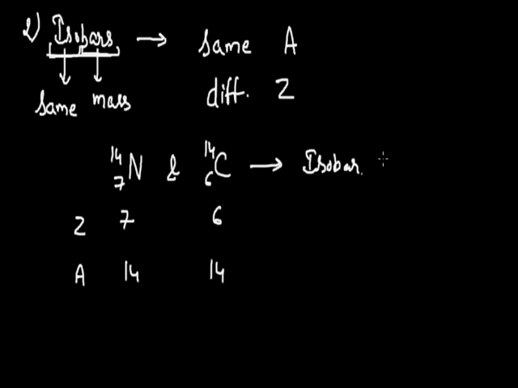Now if we take one more example for the isobaric elements, then we have a very common example of calcium 20 with a mass number of 40, and it is isobaric with argon 18, 40. Here again the atomic number is different while the mass number is same. So this is an example of isobaric element.